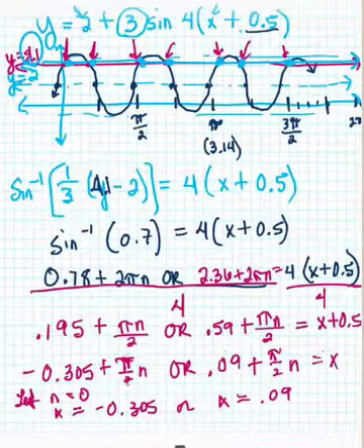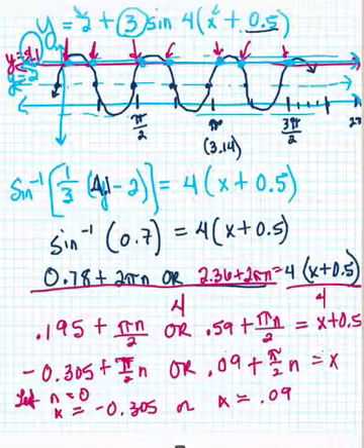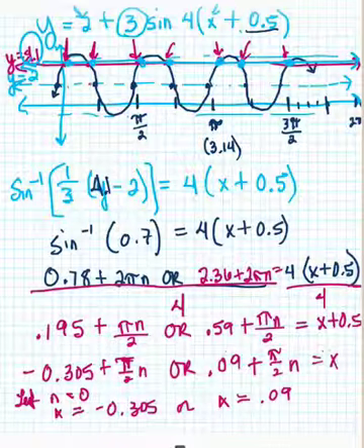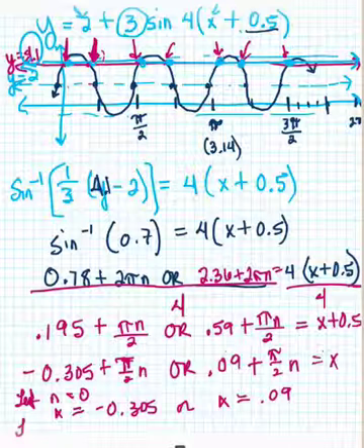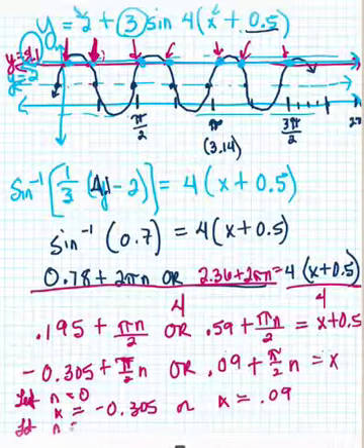If we let it be 1, let's try that because that could be it. I mean, the 0.09 could be this one right here. Matter of fact, I think it might be. I think let's let n be 1 and let's see what happens. We have to try everything. Let's let n be 1. So we're going to get